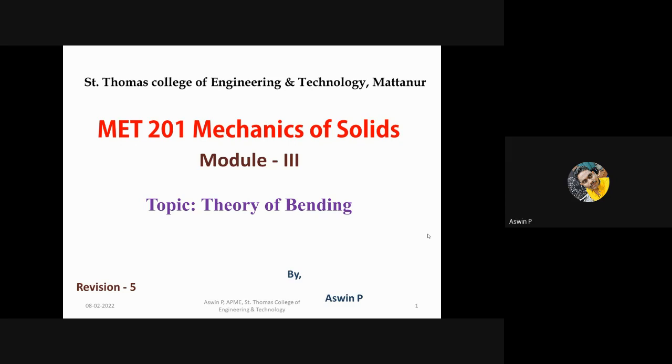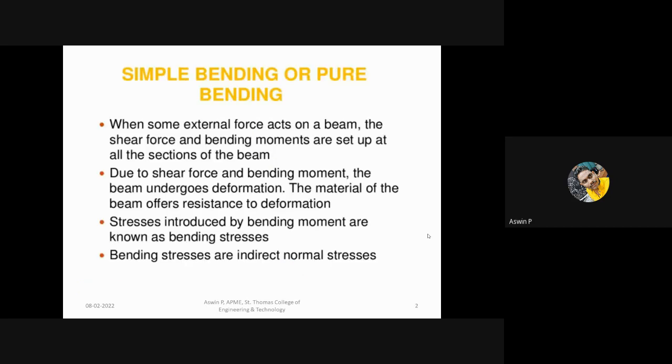These are the important areas from which questions will be asked in the second series examination. Theory of bending is one of the important areas we should focus on. Don't write this down, because we have already gone through the notes. We will just discuss all the points, only for your reminding or revision. Simple bending and pure bending are the same term. The question may ask what is simple bending, or what is pure bending, and the answer is the same.